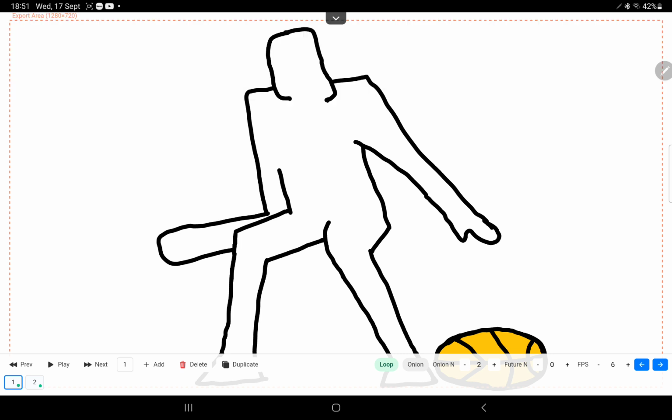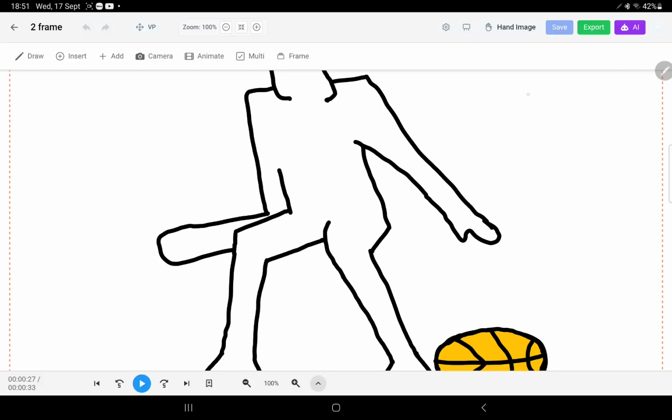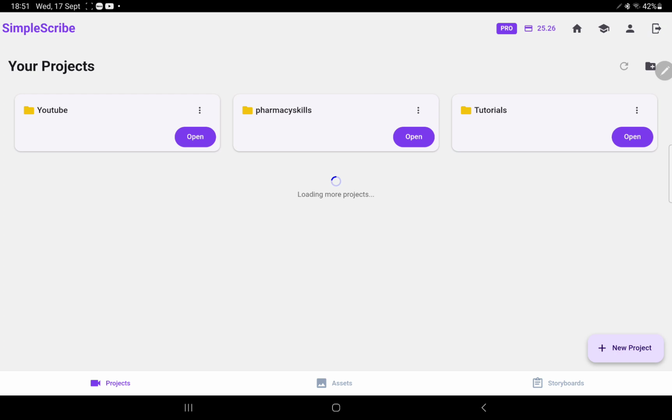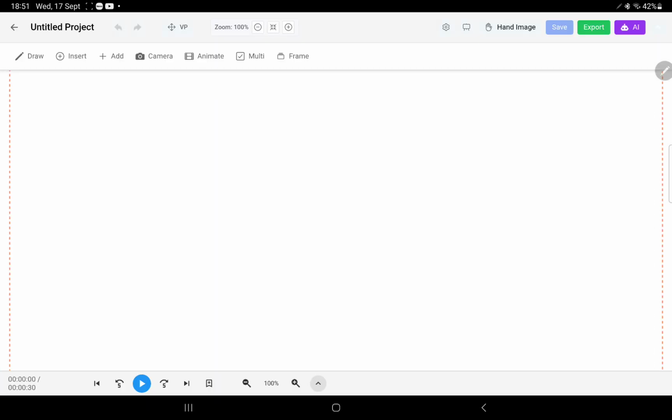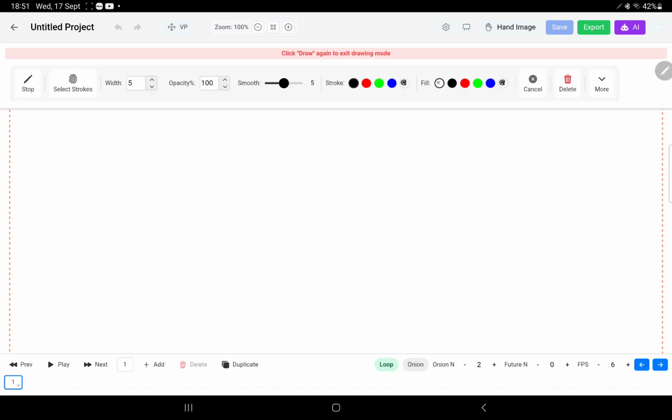I can do that just so you guys can see it a bit better. So I just want to give you guys a quick demonstration on how you can get started. In case you're not familiar with SimpleScribe, I just want to go back to the main menu, click new project, and to get into the frames mode, it's literally the first thing you see in the first menu once you're inside the project. You click on frames, and then you're automatically on the first frame, and you can begin